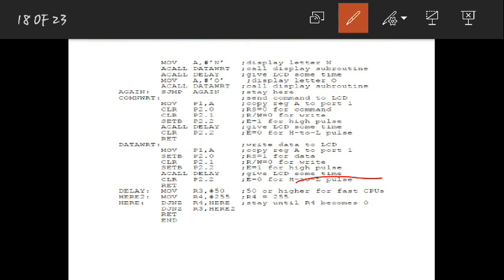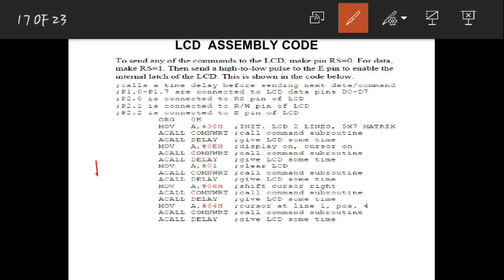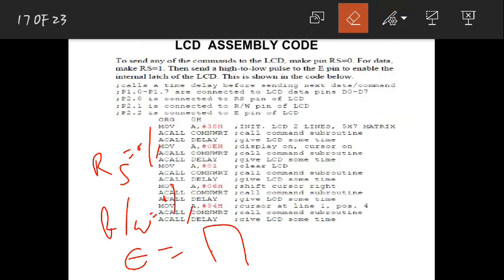So this was the program. In this program, first give the comments whatever you wanted. After giving comments, before writing this program, all you should know is what will happen if you give RS equal to 0 or 1, what will happen if you give R/W equal to 0 or 1, and E should always be given a high to low transition to latch onto the LCD. Whatever you give is only up to that port. Only once you give this E high to low will the data from the port go to the LCD. That is nothing but latching from the data bus to your LCD.